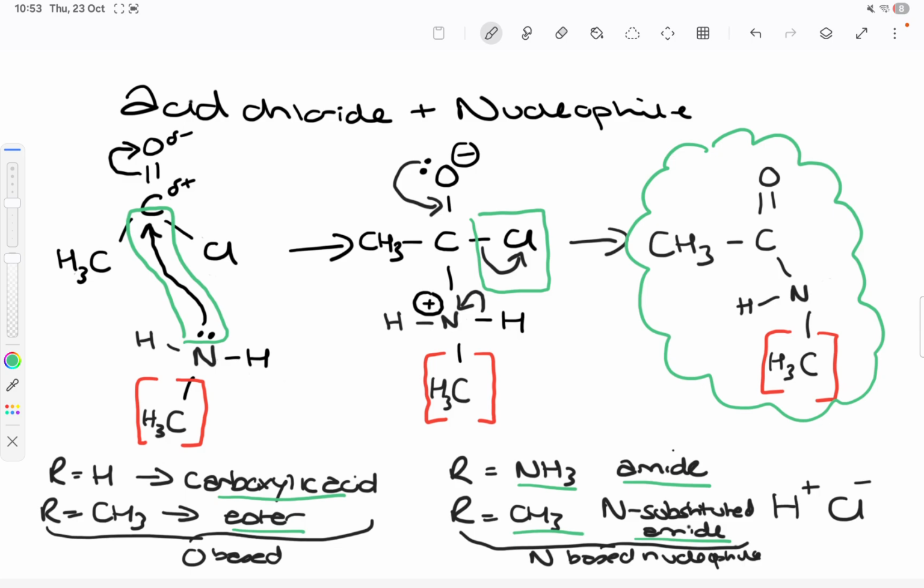And in the third clip of these 4, what we will do is again exactly the same thing, but we'll change the other possible starting material, that being the acid chloride, and we'll change it to an acid anhydride, and we'll look at some of the industrial impacts that that will have on that type of